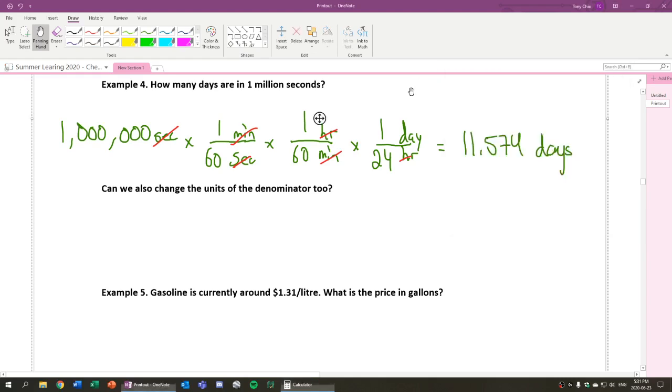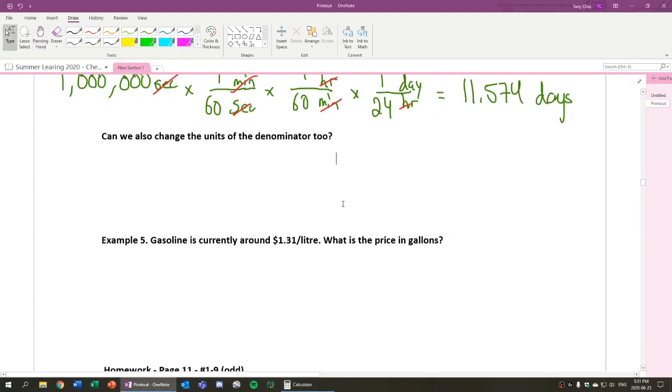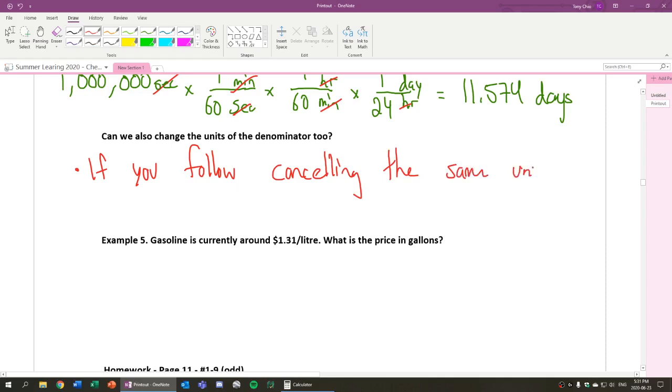So to finish off today, can we also change the units of the denominator too? And the answer is yes, as long as we remember if we have one of the same unit on the top and the same unit on the bottom, it could cancel out. So if you follow canceling the same unit in numerator and denominator,